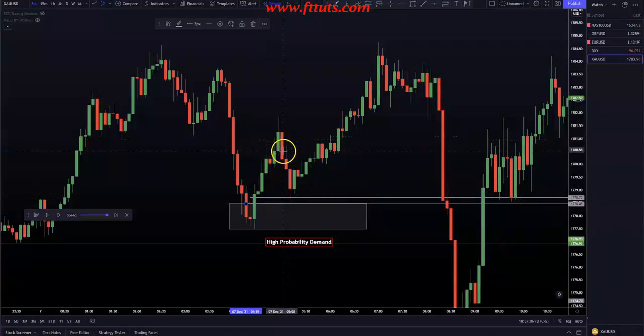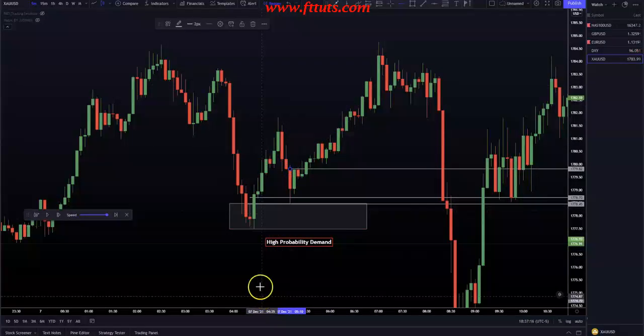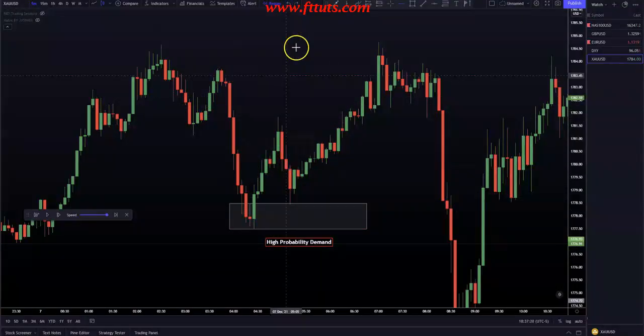It just kept going up. It pulled back just a little bit, but it kept going up. And then it finally tapped back into it. We're buying literally right here, stop loss down here, and we're taking that and we're looking left. Now let's take this off. When we enter this trade,